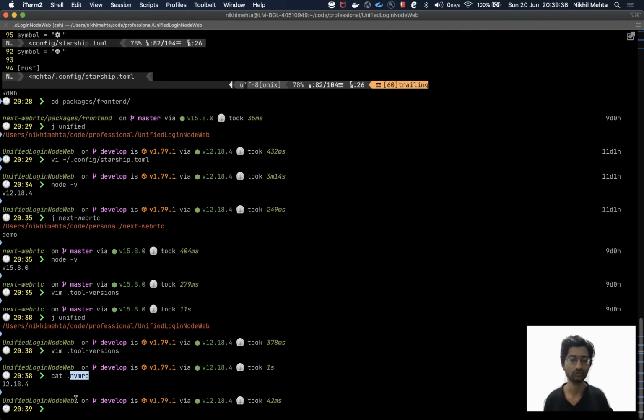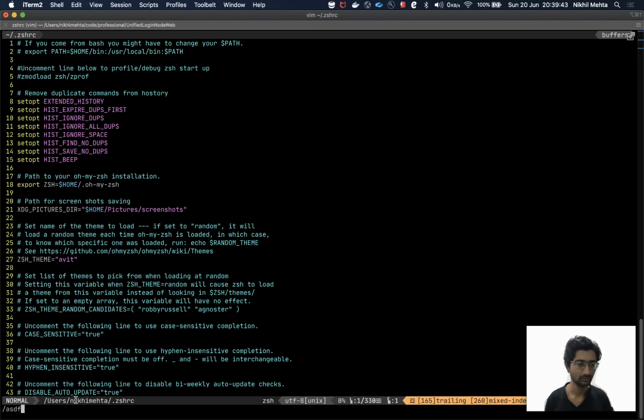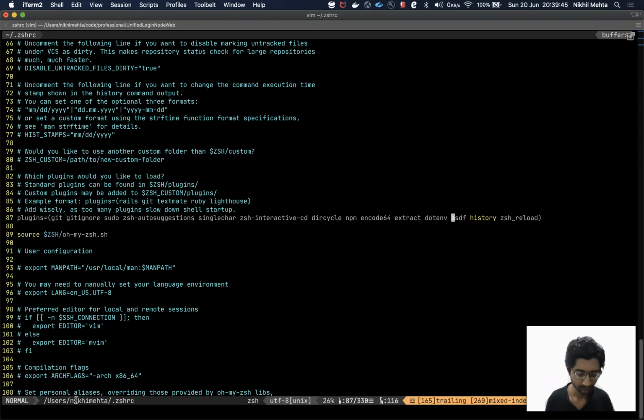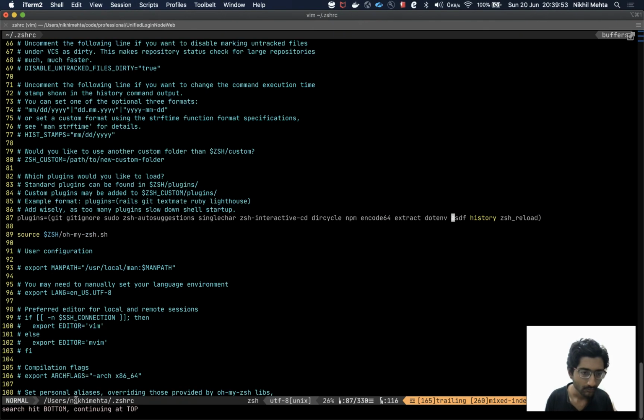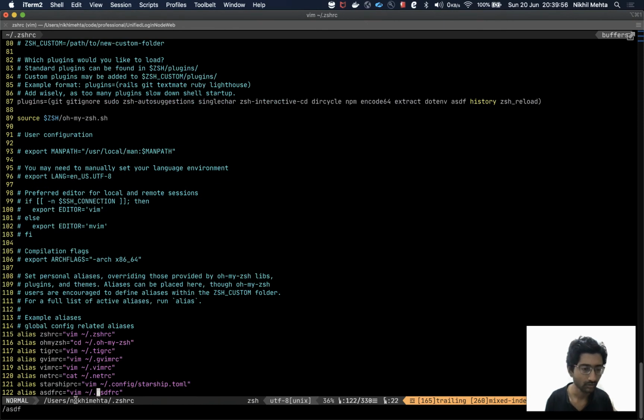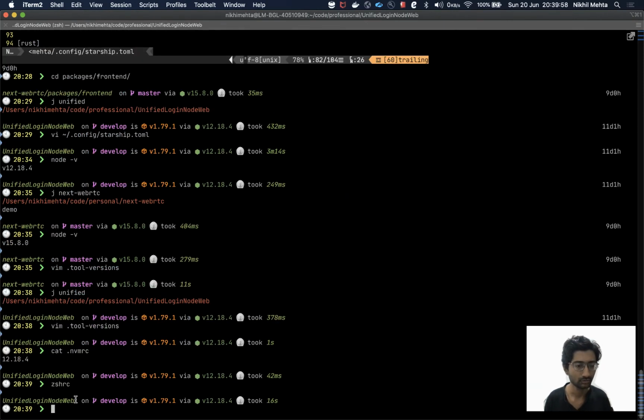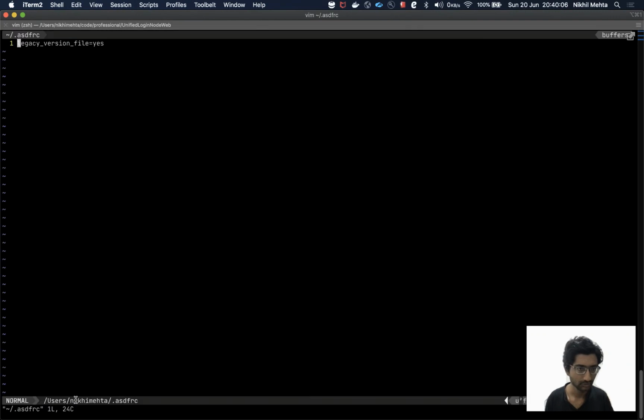You just have to enable a flag in your ZSH-RC, in vim, right? You just need to add this, and it will start supporting some legacy version files like NVMRC and others as well.